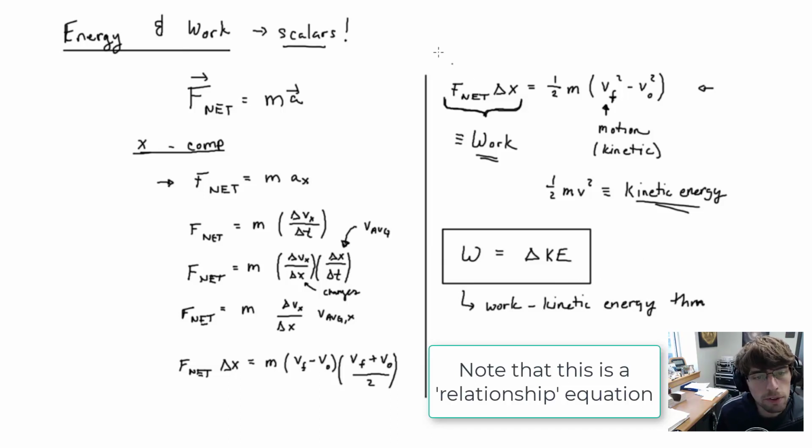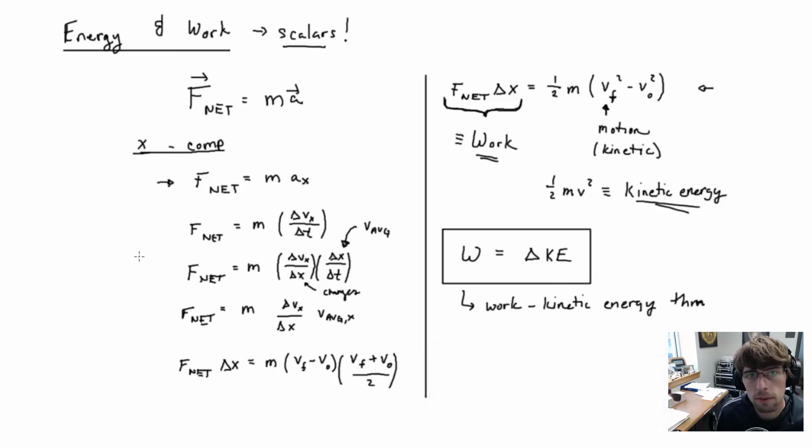Now, please note there's a couple of things I should point out. First of all, notice that I did this for the x component. You could have similarly done this for the y component or the z component. Could have done the exact same process. So in that regard, we should say that the total work done is simply the work that was associated with this x component. So it's not